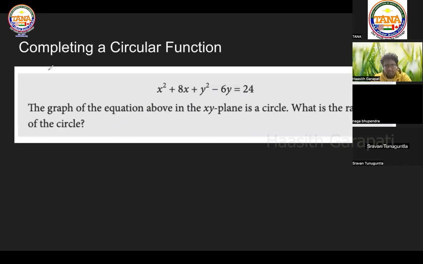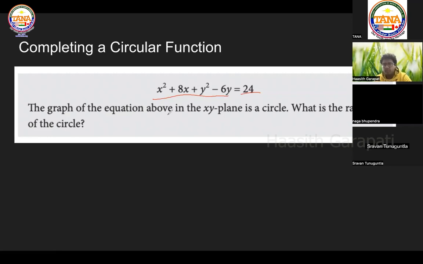Okay, next question. This one's going to be a little bit tricky to wrap your head around, but we should be able to do it. The graph of the equation above in the xy plane is a circle. What is the radius of the circle? So you might think, oh, that's a pretty ugly number, but we have to do it. What's the square root of 24? Nope, don't do that yet, because if you notice over here,